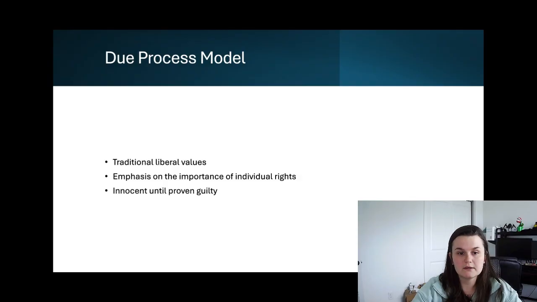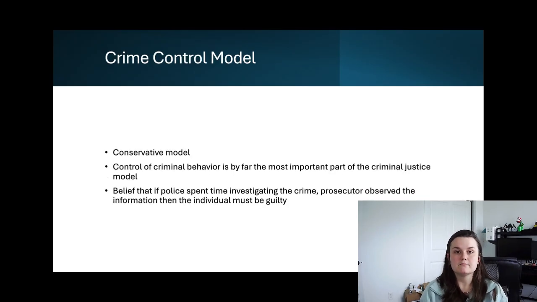The due process model has traditional liberal values, with emphasis on the importance of individual rights, and the big thing is people are innocent until proven guilty. And then the crime control model is a more conservative model. Control of criminal behavior is by far the most important part of the criminal justice model. This is a belief that police spent more time investigating the crime, the prosecutor observed the information, and therefore